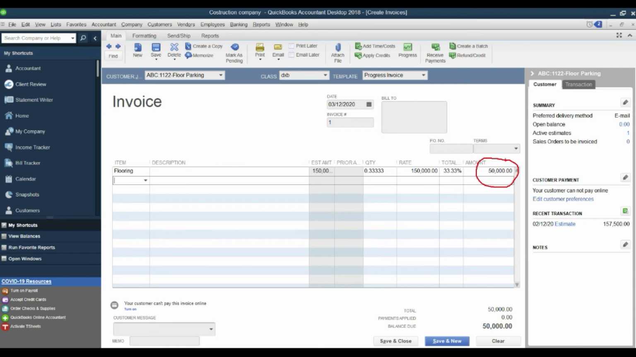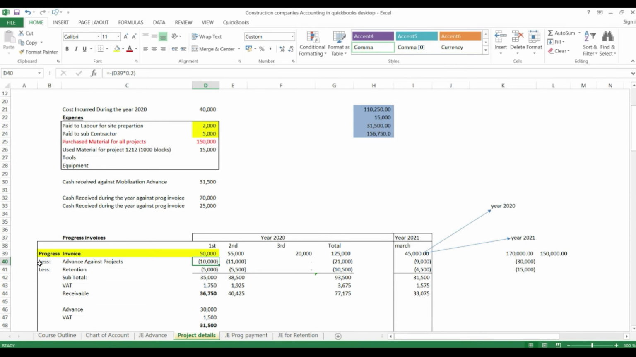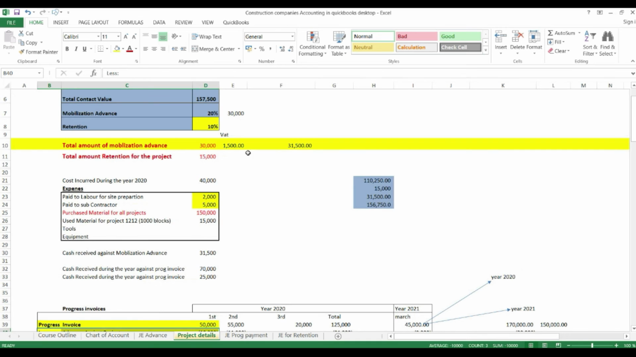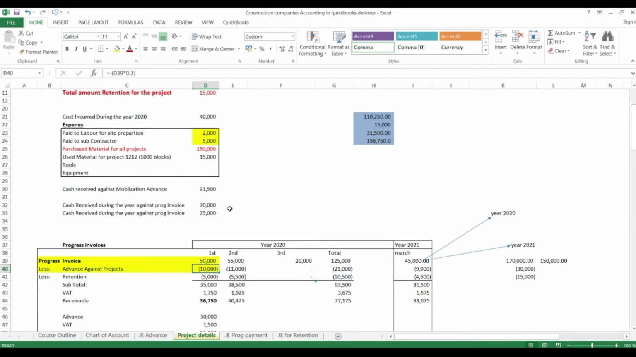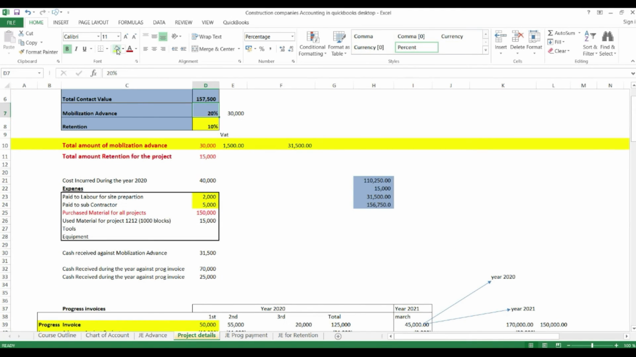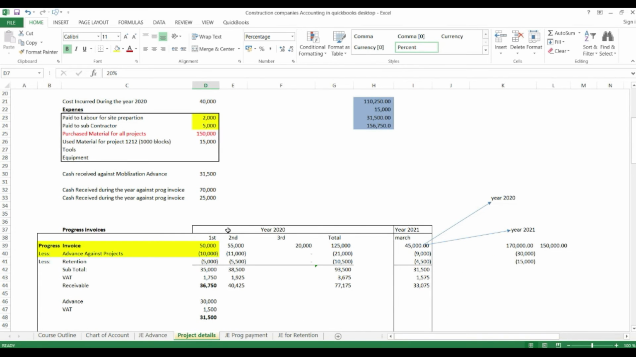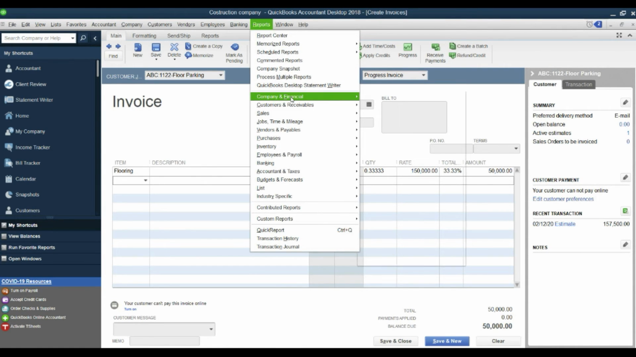All right, the next thing is that if you remember, we have received advance against this project. If you remember, project advance, we have already entered 30,000. Okay, now this is 20%. Mobilization advance is 20%. So this 20% means with each invoice 20% of this invoice value will be deducted from the advance. Okay, this advance, if you go over here, go reports,